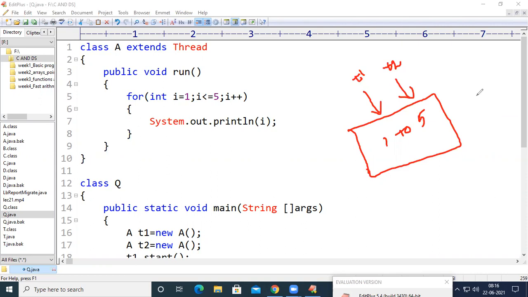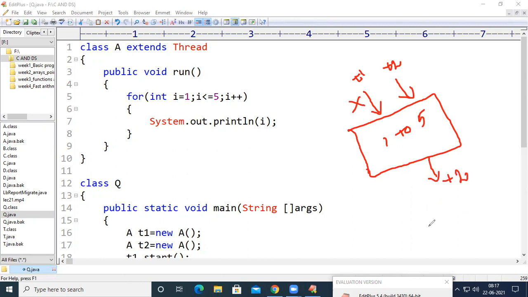Now what I want is, for example, if T1 entered into the block first, I will not allow T2 until T1 comes out of this block. Or if T2 enters into the block first, I don't want to allow T1 until and unless T2 comes out of the block.